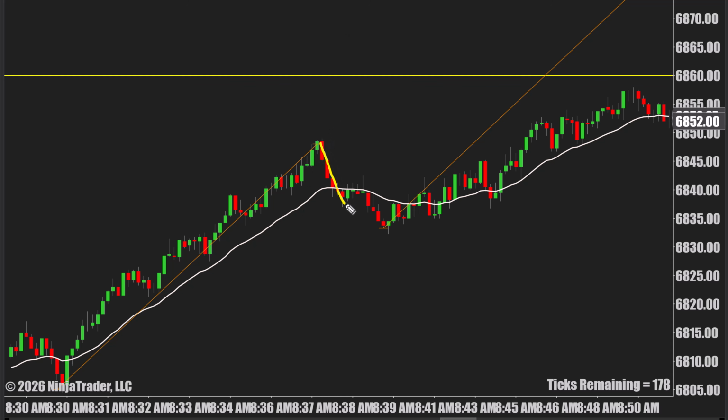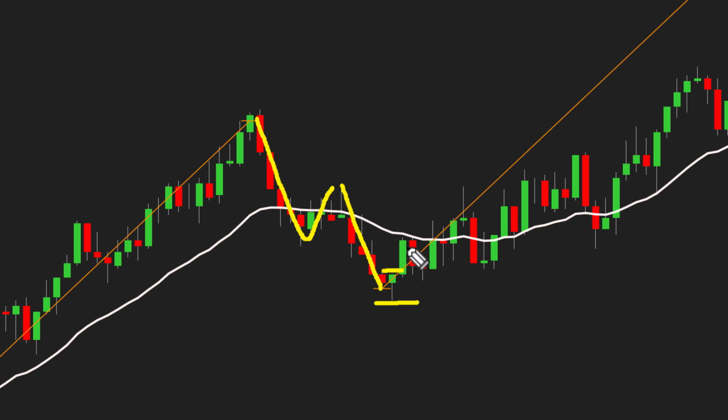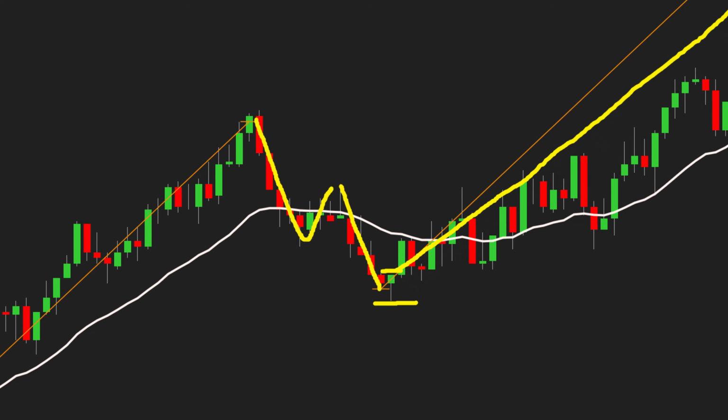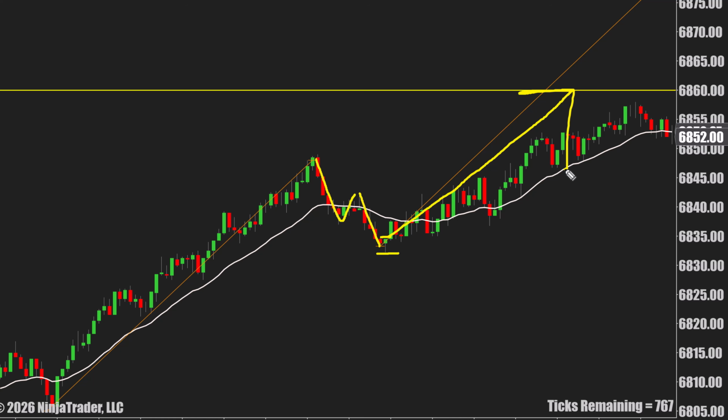Look, push down, first entry. Push down, man. I'm going on this baby green candle right here. That rejection right there. But as soon as it breaks higher here, that's the second entry long. And look, it just takes off. This is why the second entry long is such a powerful setup. If you catch a good second entry long in the center of a pattern like this, boom, that's the setup you're looking for. Okay, that's the second entry long.